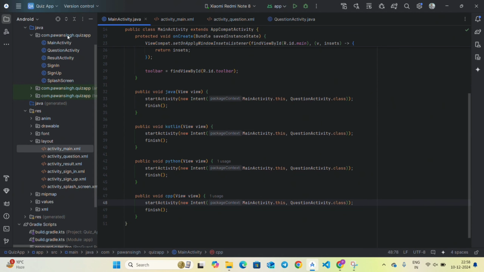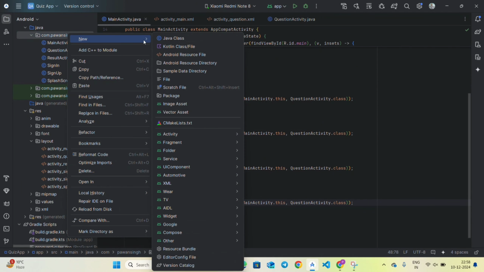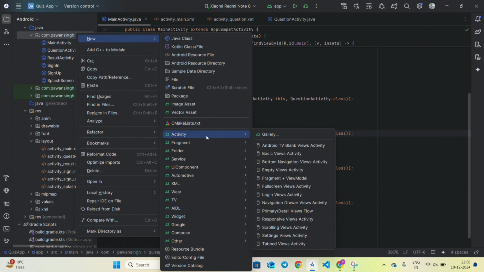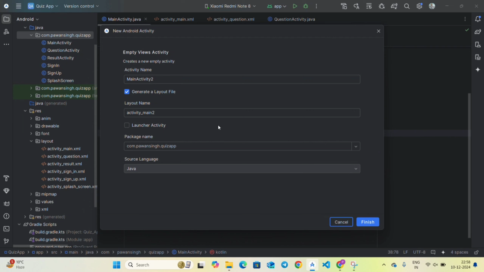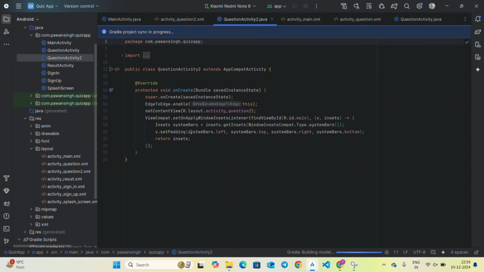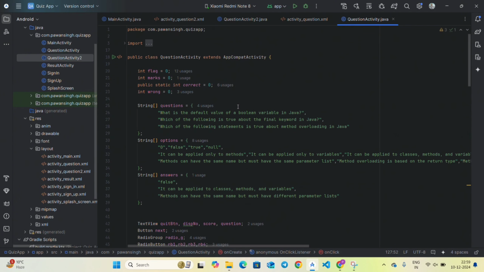So go to our main package, inside this create a new activity, go to new, create activity, empty views activity, and name this views as question activity 2. You can name it as question activity Kotlin, but I am writing here 2, and finish this. It will take some time to sync. Till then we can close this all and copy all the content of question activity 1,